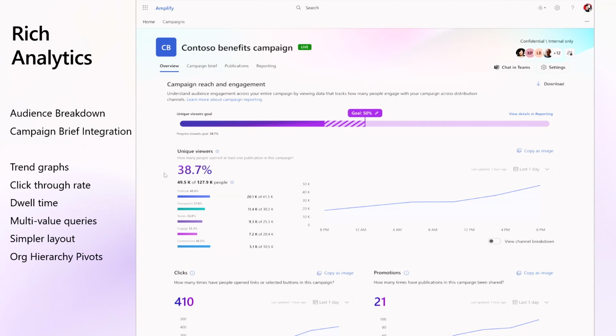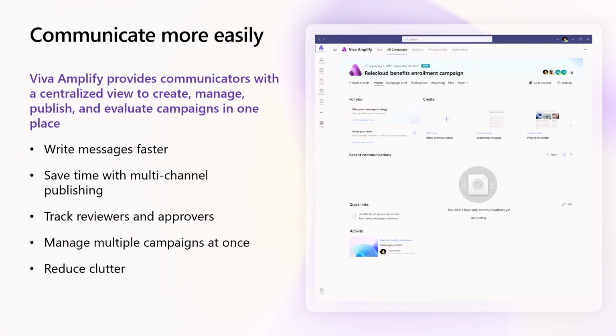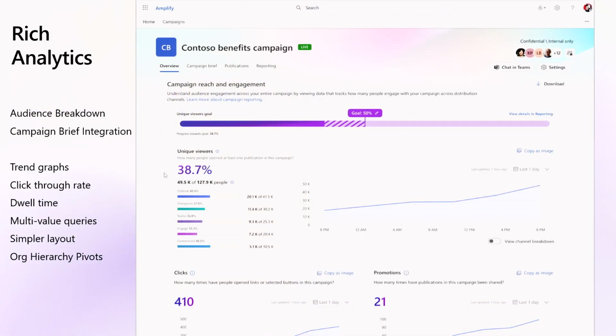We can, of course, do things like approvals, etc. Sorry, I should have talked about that here. Approvals here, making sure that we're actually checking all the reviewers. We can send things out for approvals. Oftentimes, if you're in corp comms, you need to have a big approval chain too, and you're able to easily do this here as well. Now, analytics, of course, is so important as part of this. We are making this even richer and better.